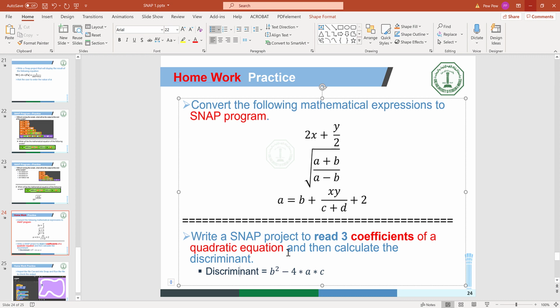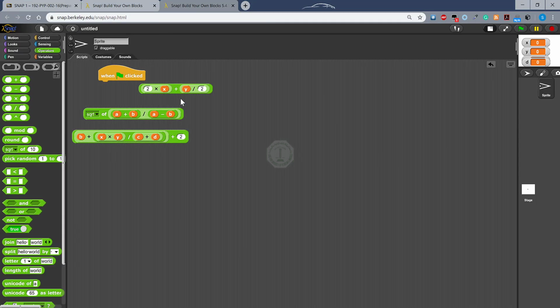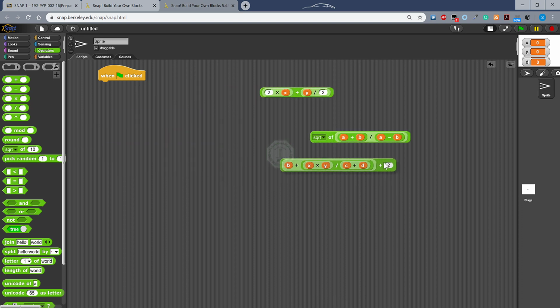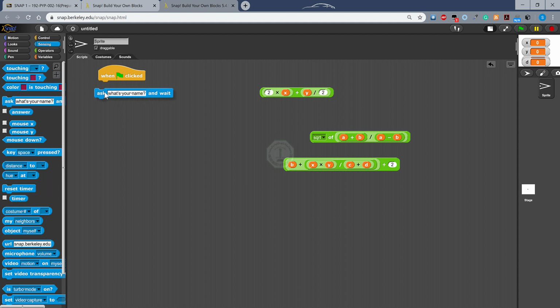Then the last one is to read three coefficients of a quadratic equation, that is a, b and c, and then calculate the discriminant. It's a very simple program. Let's keep this equation aside. You need to read three coefficients of a quadratic equation. So we already have a, b, c. So let's say I will simply ask to